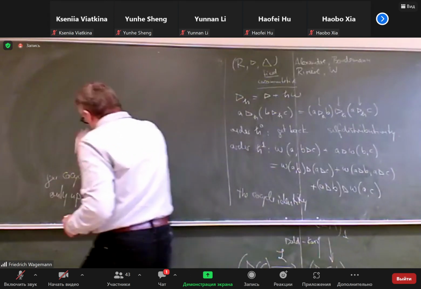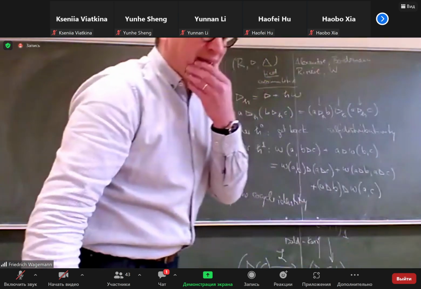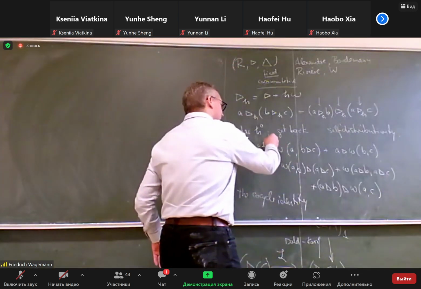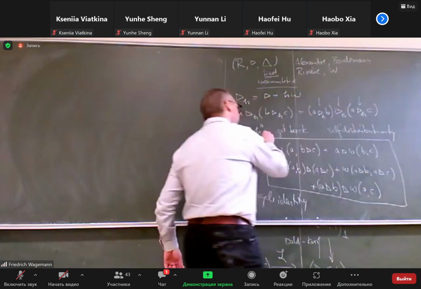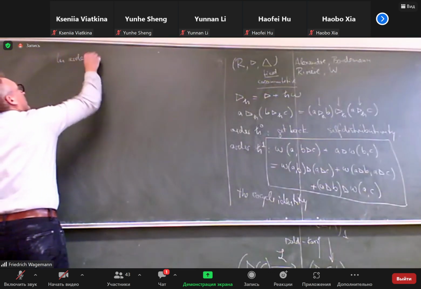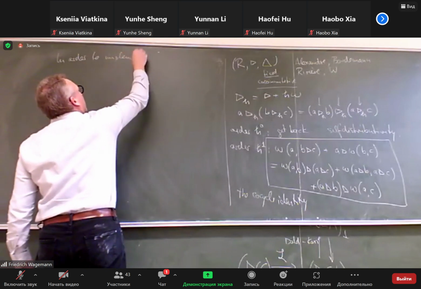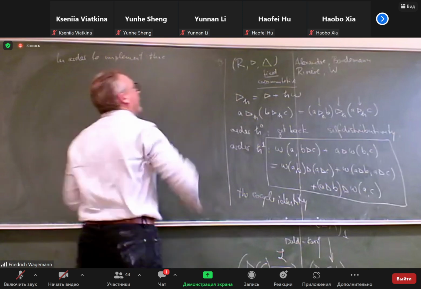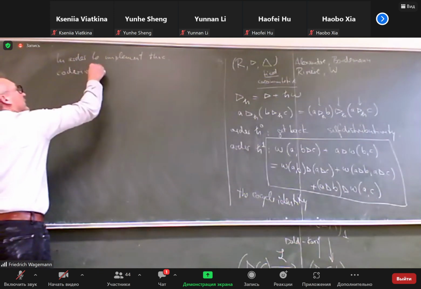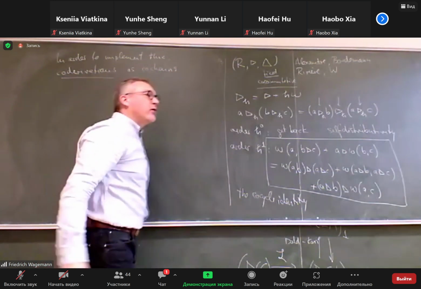So starting from this example, we then generalize this to higher orders. And in order to do so, maybe I should reserve this formula and then go back to this formula when we have the general definition. So in order to implement this, in our framework where we have a fixed co-product, we need co-derivations. Why do we need co-derivations as co-chains? Because